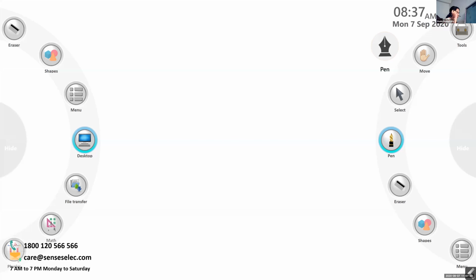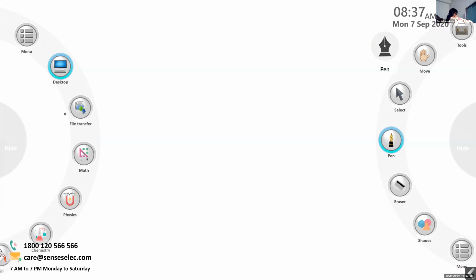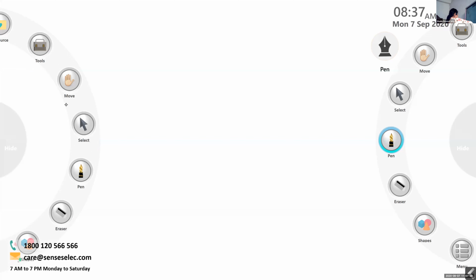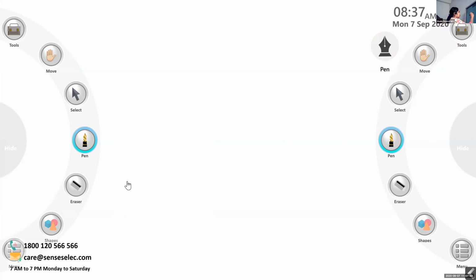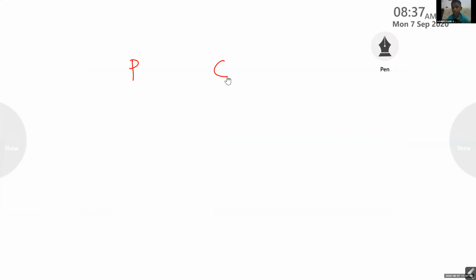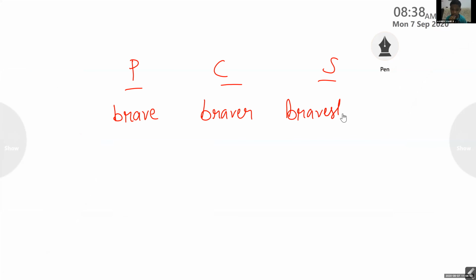Now you just see how we'll recall all the spelling rules. First rule we learned, remember the rules. How can you easily make positive into comparative and superlative? In comparative, which are the two letters you have to add? ER. Very good. I'll give you one simple word: brave. Braver. And superlative is bravest.